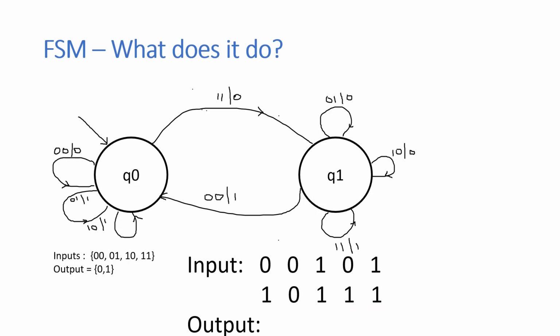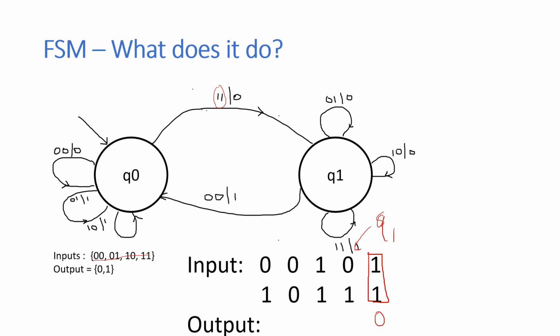So here's another one that we will take a look at, this one here. We have two states, Q0 and Q1. Let's try to see what this finite state machine does. If you send the input 1 and 1, we send a combination of inputs. Notice that the input alphabet is a 2-bit input. So if you send 1 and 1, then you're going to output a 0 and go to state